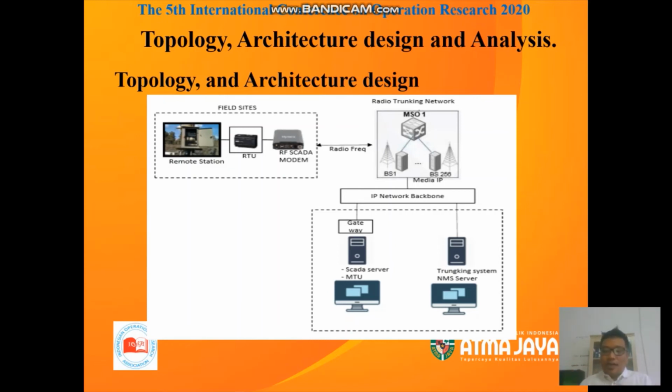The NMS itself is to monitor the network, and when trouble comes it can be shown there. So the employees, workers or operators can determine the location exactly.